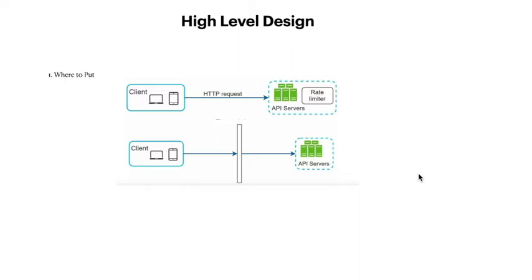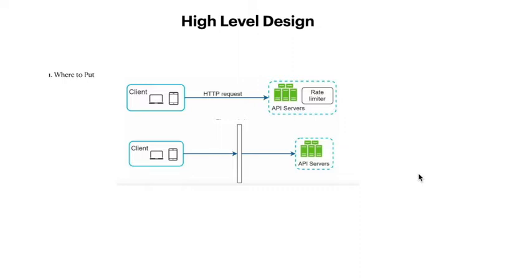So let's start with the high level design of the rate limiter. If you see the first diagram, it is only one system, a non-distributed system. You have one client and one server. You are sending requests to your server, and it responds to your request. And in this, you know what your last request was, so you are keeping the state of your request. So in that case, we can use a rate limiter at the server itself.